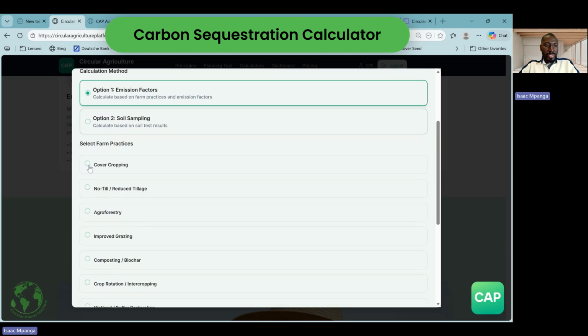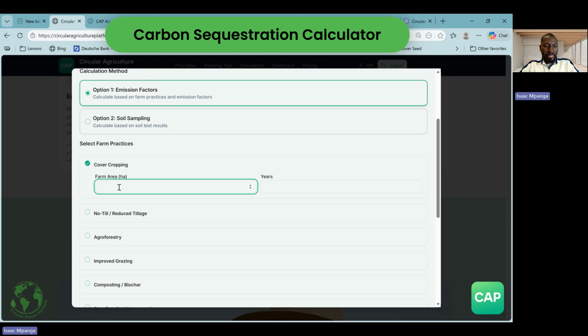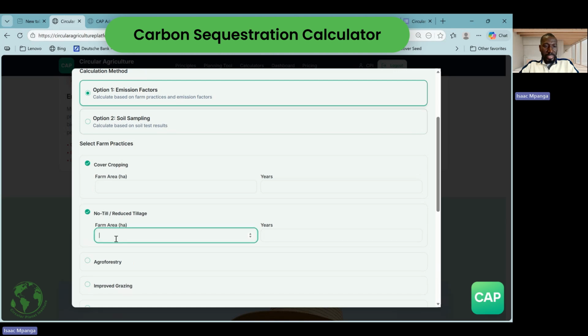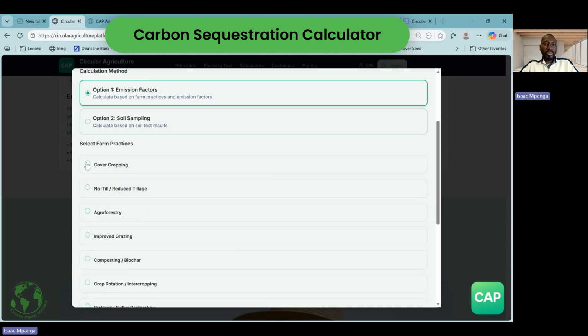Once you choose that, down here, you click on each practice and then you enter the farm area where that specific practice is implemented and how many years it has been implemented. You finish, you go to the next one, you do the same, the hectares, and then the years, you go to the next one. Whichever one that you don't have on your farm, you just don't worry about filling it,